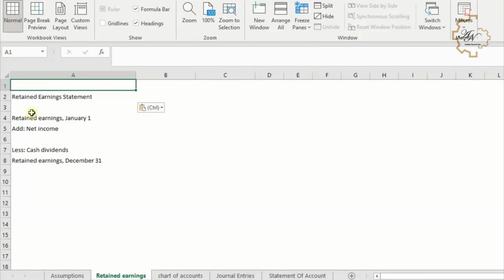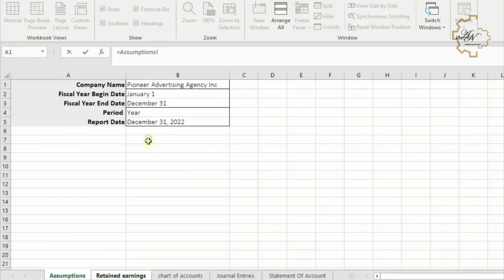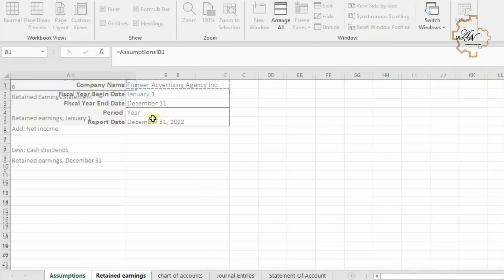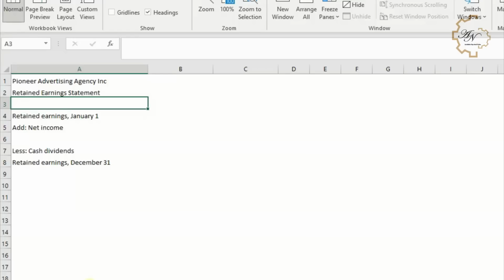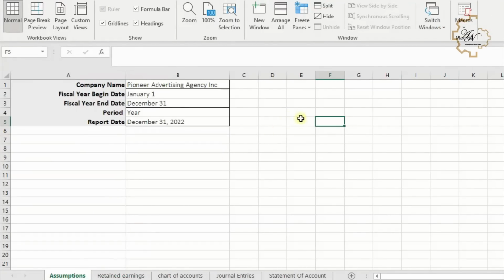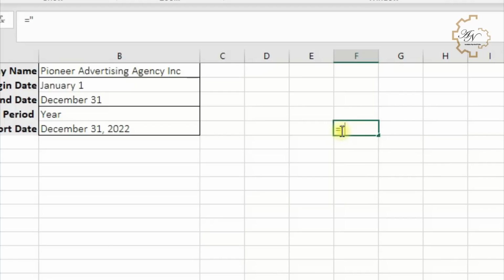In A1, I want the company name, the value of cell B1 in the assumptions sheet. In A3, I want a dynamic expression from the assumptions sheet. I will write it in the assumptions sheet and then cut and paste it here. This way is easier. In any cell, write equals, quotation, "for the", space, quotation, then & symbol, before the & symbol, quotation,